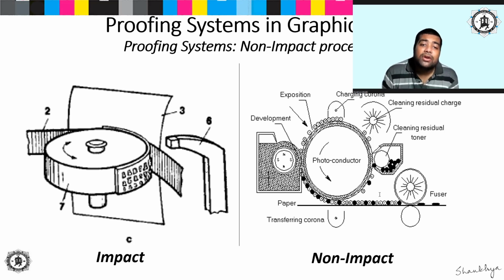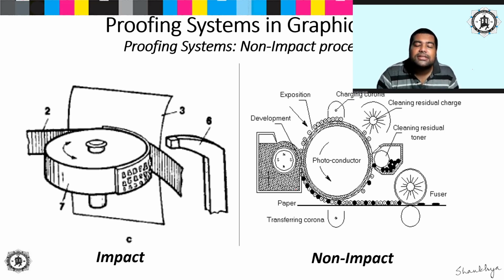And in case of your non-impact printer, there is no direct contact between the printing assembly and your paper. In some printers, the image to be printed is first formed on an intermediate support, and then it is transferred onto the paper. The advantages of these printers are their very high speed, high quality of the printed text or image, and low level of noise. Some of the examples of such non-impact printers are thermal printers, electrostatic printers, electrophotographic printers, inkjet printers, just to name a few.